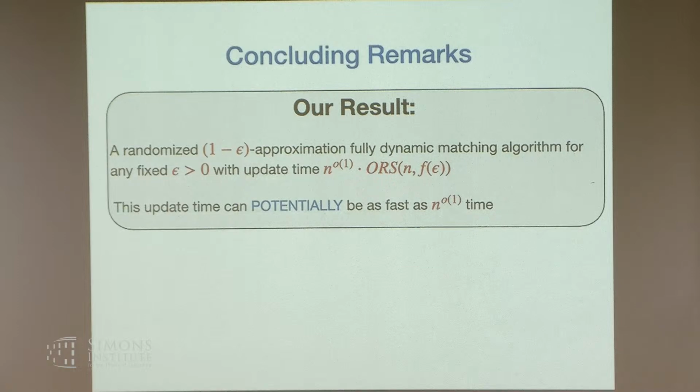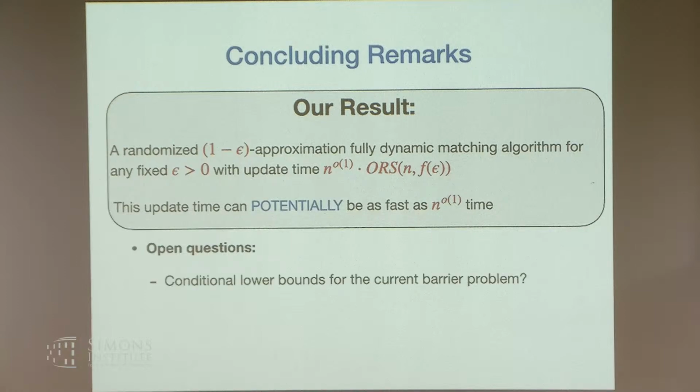Our result is that there is a 1 minus epsilon approximation algorithm for fully dynamic matching with runtime n to the small o of 1 times ORS of n and f of epsilon, okay? So potentially, again, if we live in the world where ORS graphs are sparse, this algorithm is as fast as n to the small o of 1. Otherwise, it might not be that fast. Okay,